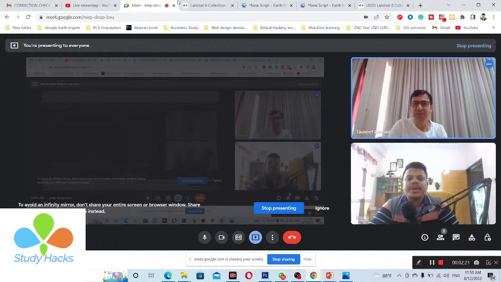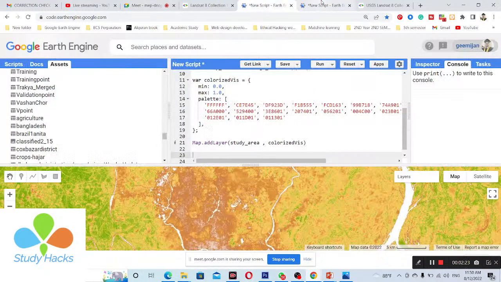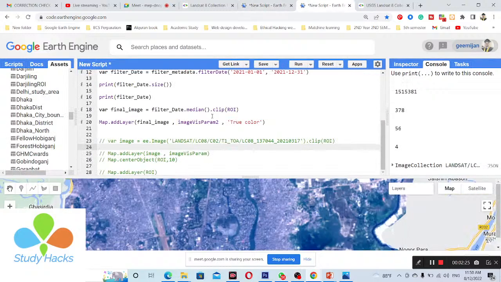Okay, so in this time I created the median composite. This median composite is created from the total 4 images' pixel values. So here you can see, here I can get the total 4 image scenes. So these 4 images create the median result.